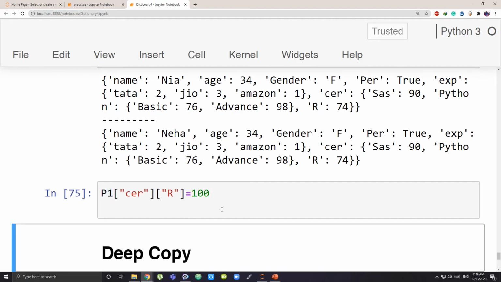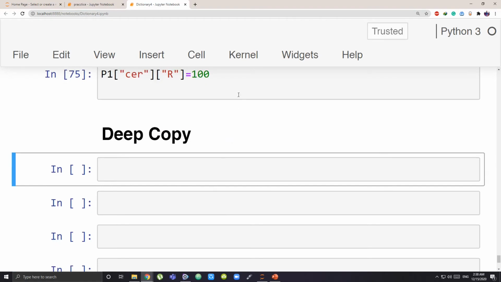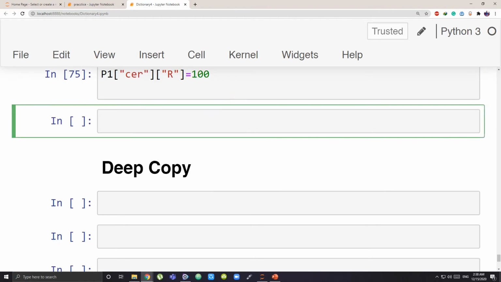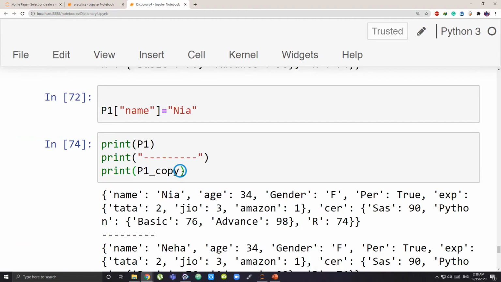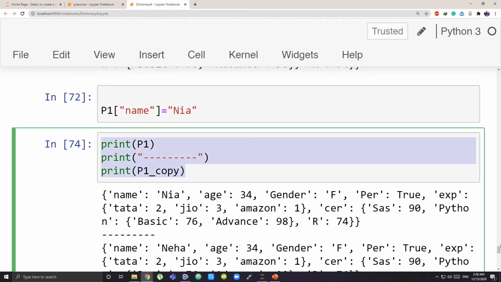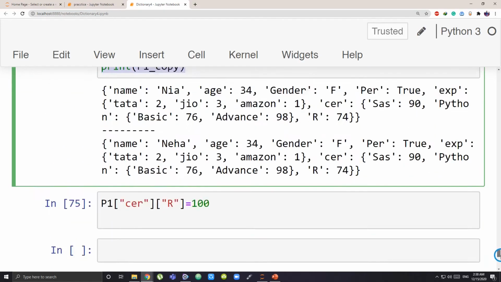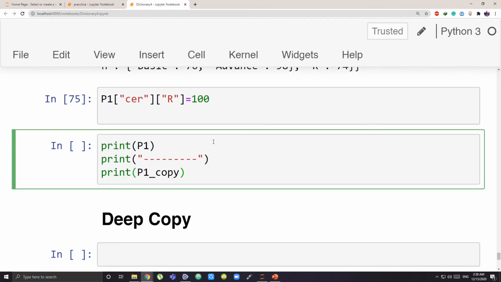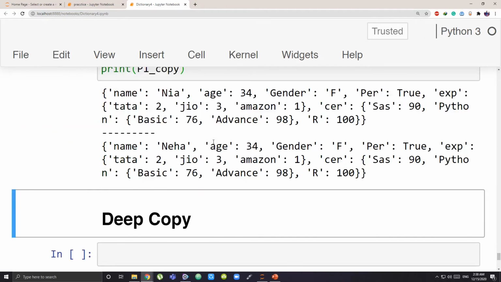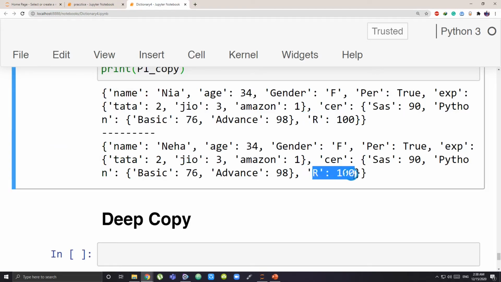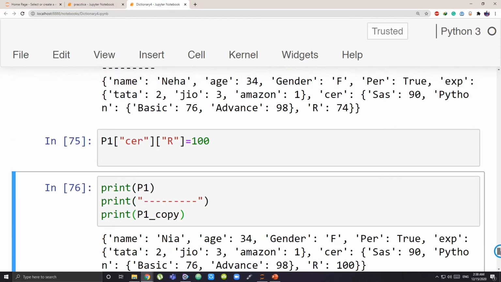Let's run this cell. Now the next thing that I'll do is, let me print for you both the dictionaries. Now remember, again I made a change to the nested part of my original dictionary. Now you see, the change for R was made in my original as well as my new copied version. So what does this mean? What is shallow copy exactly doing?